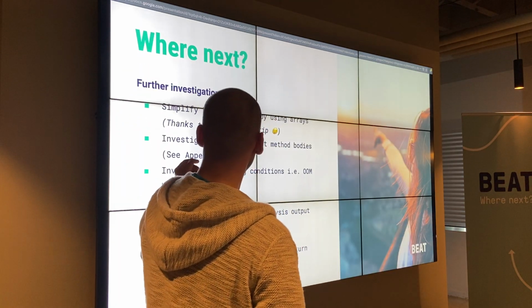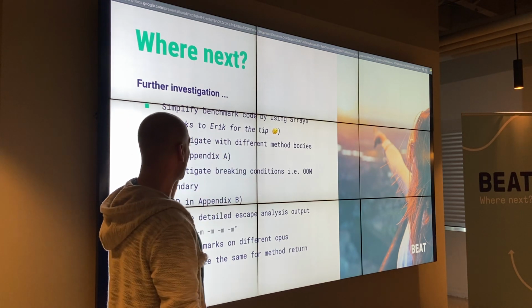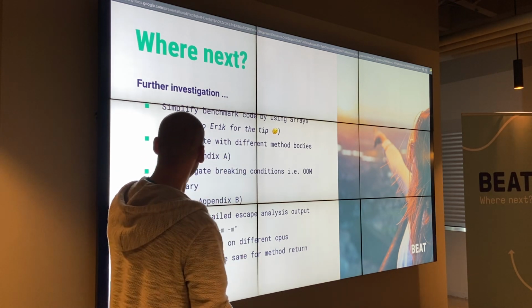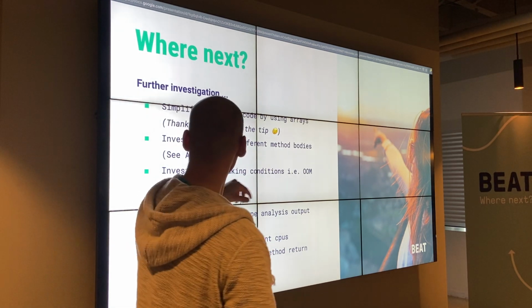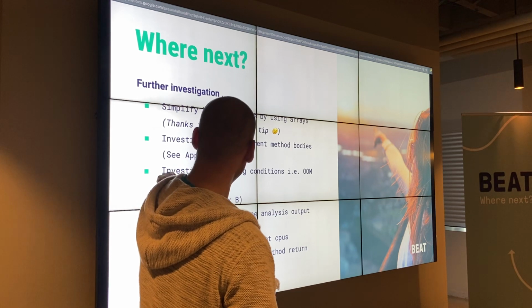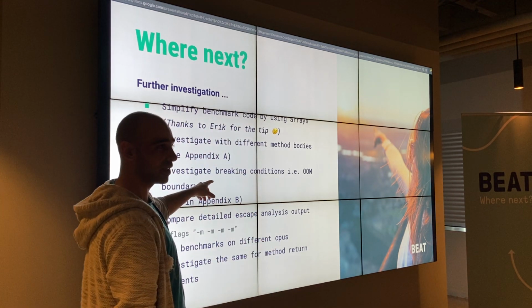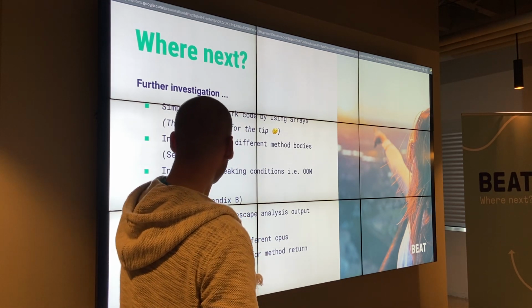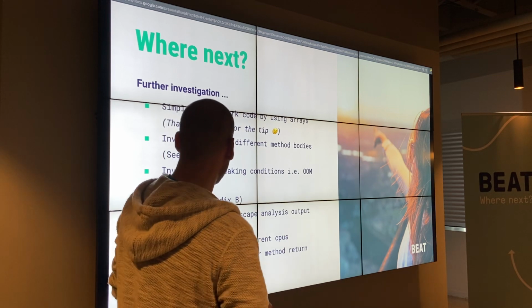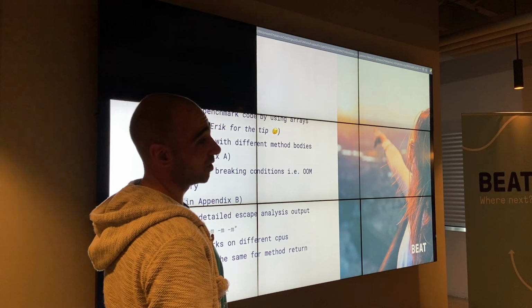So where next? We can simplify benchmark code by using arrays, actually. That's a great tip from Eric, and thanks for that. We can investigate with different method bodies. There will be a short appendix after that. Investigate breaking conditions like out of memory boundary, something I want to work on more. We can compare detailed escape analysis, with more detail on the GC flags, and run benchmarks on different CPUs to check actually the